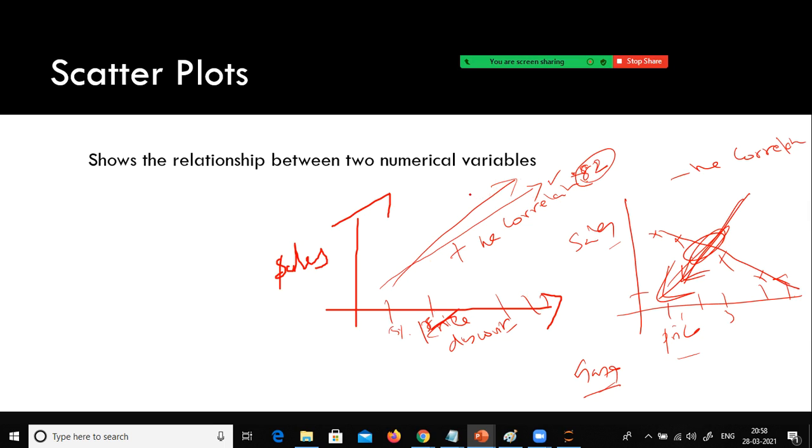Let's say this one is a bit steeper, with a correlation value of 0.92, which means there is a strong relationship between sales and discount. But in this case there is also a strong positive relationship, with a correlation value of 0.82. This is also good. But to know how strong, we need a number, right?